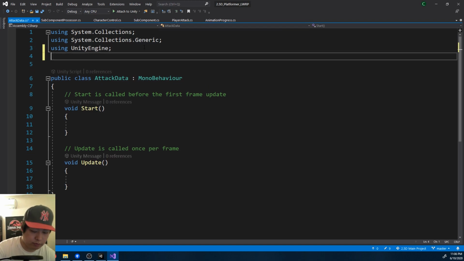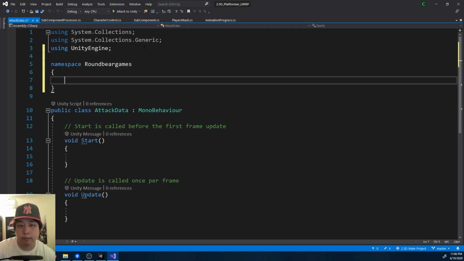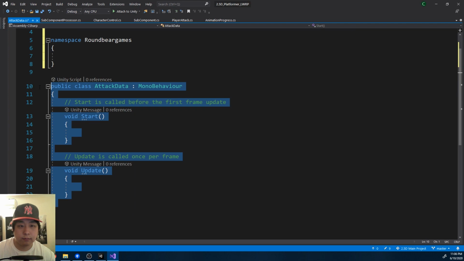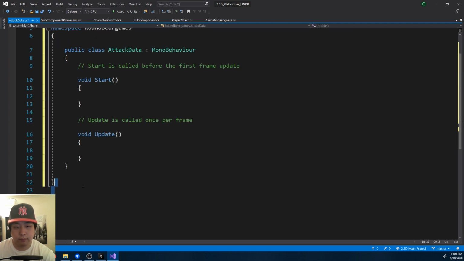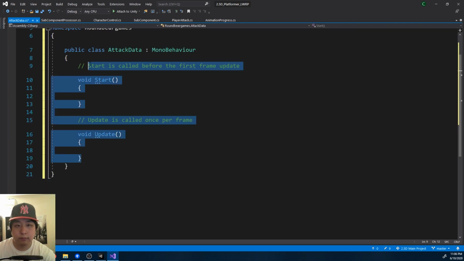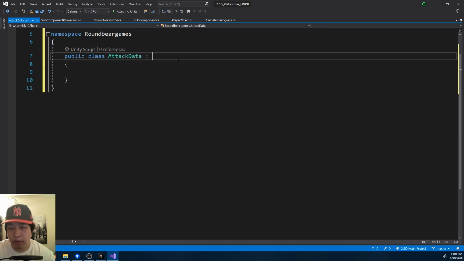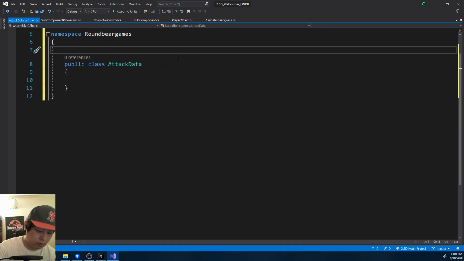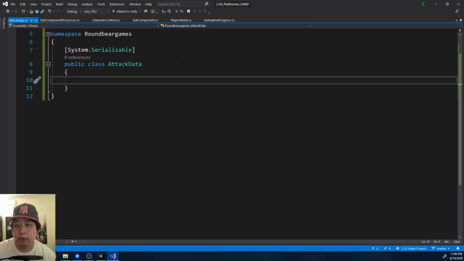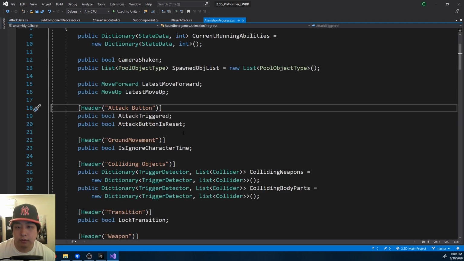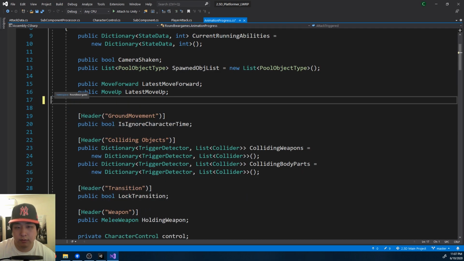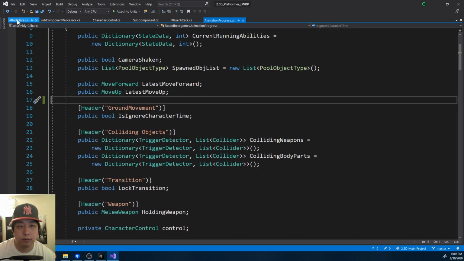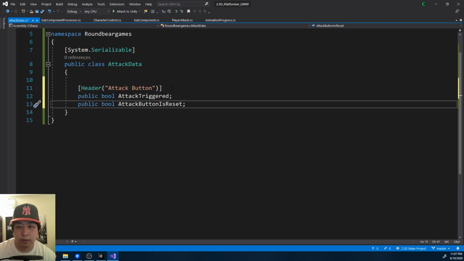This will be a simple script. Not a mono behavior. It'll be serializable, so I can see it in the editor. And then these things, Control X to cut them, go to the attack data, paste it in,